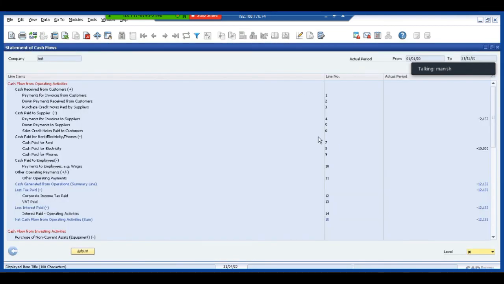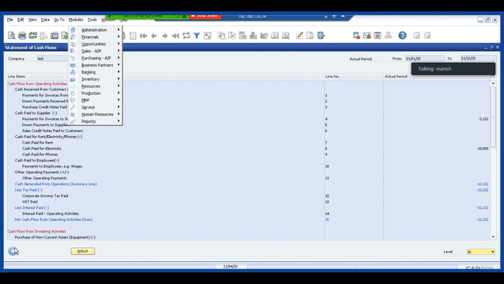And this is how it would show me out here. These are my different statements of cash flows. The transactions that I've done out here are coming out here. So this is how I can work on the statement of cash flows.